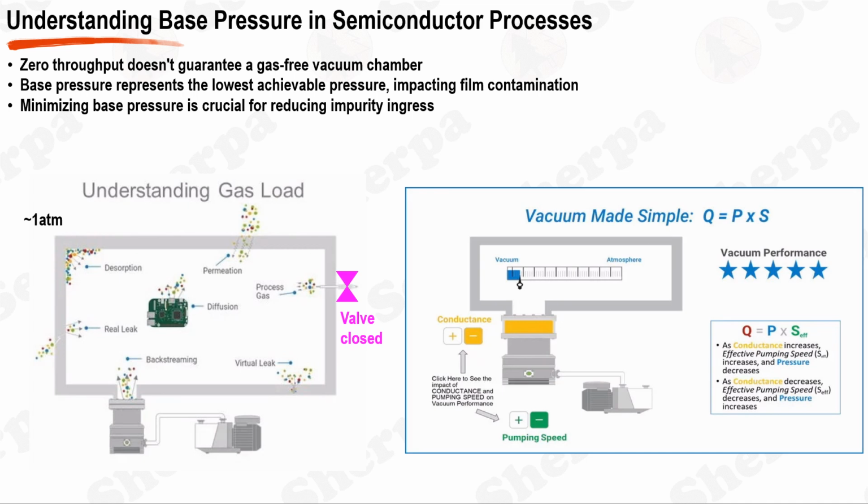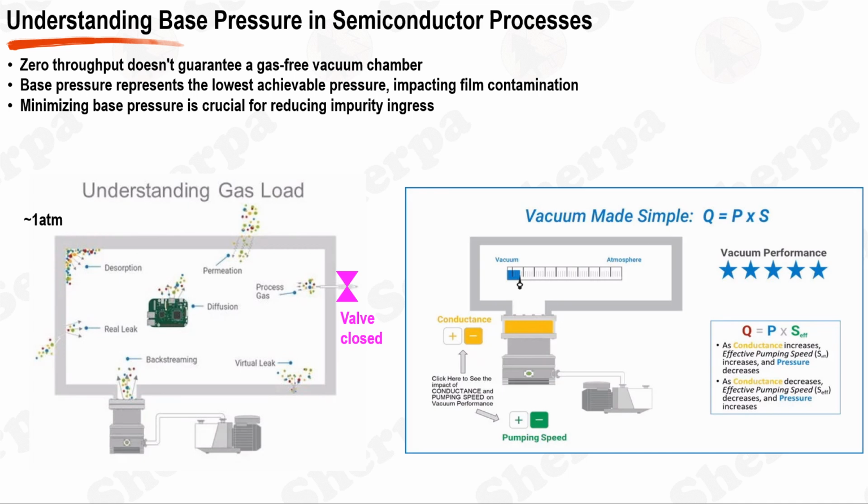Though the valve might be closed, preventing gas supply, several pathways could still permit gas ingress into the vacuum chamber. For instance, gas could infiltrate through micro-leaks around the chamber's joints or the closed valve seams, given the exterior pressure at atmospheric levels. There might also be instances of gas backflow from the vacuum pump, or gas desorption from the interior chamber surfaces. This unintentional gas presence, even when the input gas is zero, can contribute to what is known